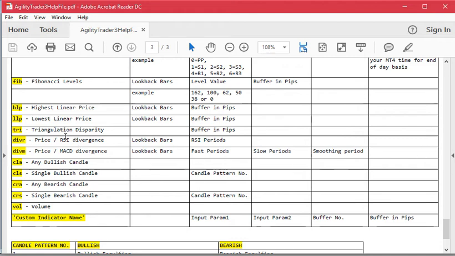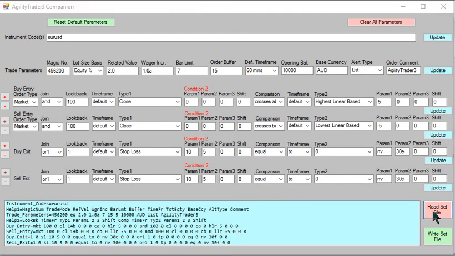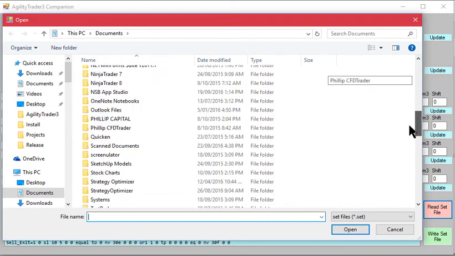And if we look in the manual for divergence, we're looking to specify the RSI periods in parameters 1. In the case of MACD, it's the fast period, the slow period, and the smoothing period. So that's parameters 1, 2, and 3. And also the number of look-back bars we need to look back for that divergence. I would suggest 100 bars, same as with some of the other strategies. So to bring this into the companion, if I was to read in the divergence